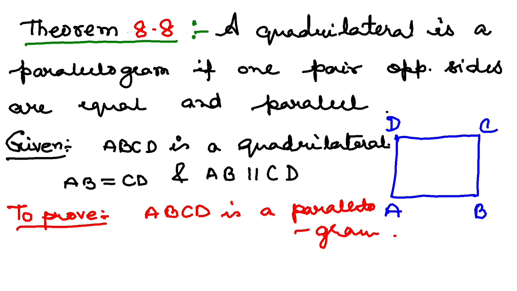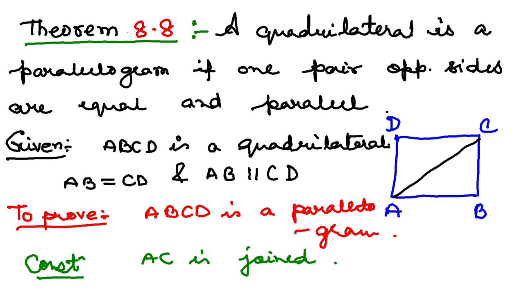Getting the interesting part, right? We are not at all considering AD and BC. We don't know about them. If AB is equal to CD and AB is parallel to CD, then it is a parallelogram. So there is a small construction here. So let me add the construction part here only. So obviously, as you know, you have to join the AC to create the triangles. So AC is joined.